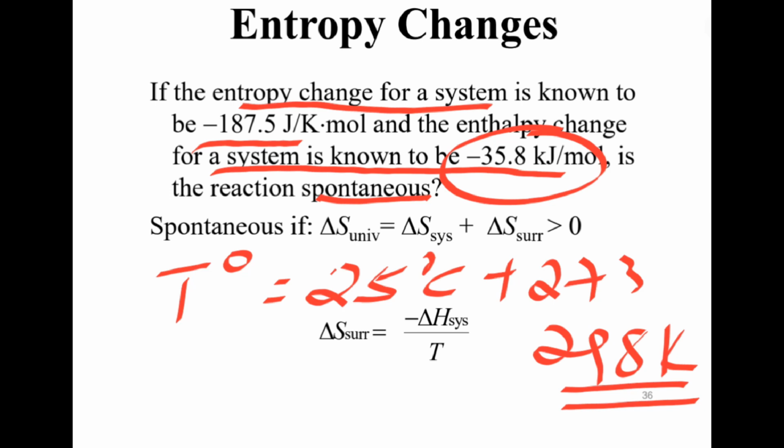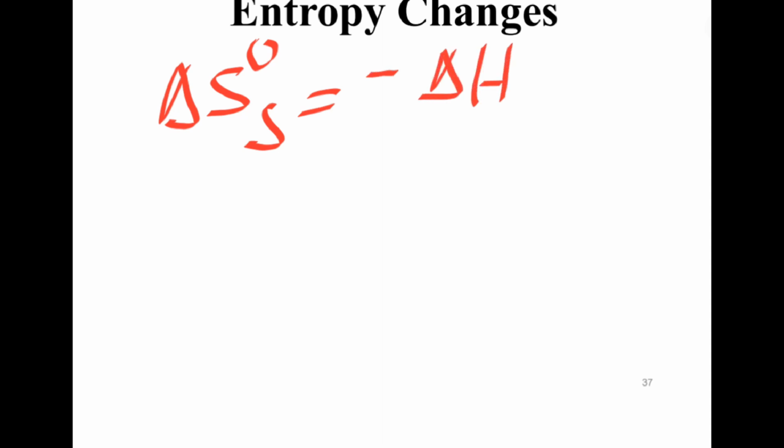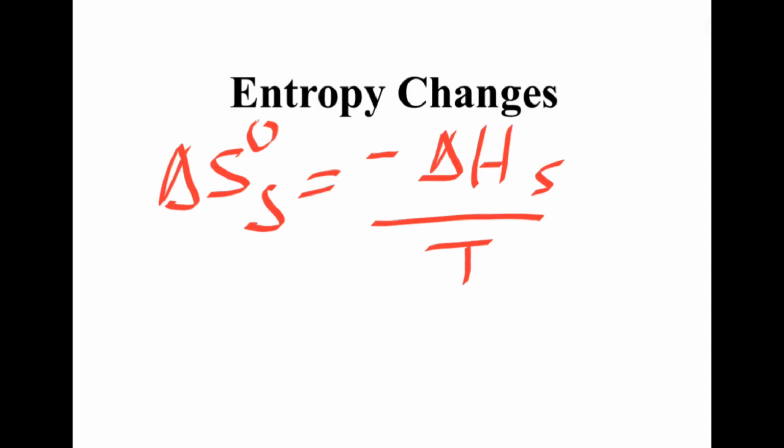Now the entropy of the surrounding is equal to the negative of change in enthalpy of the system over T. Change in entropy of the surrounding is the same as negative of change in enthalpy of the system over T. So this is equal to negative of, so change in enthalpy of the system is minus